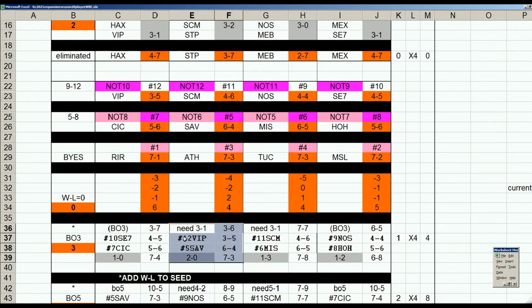Number 12, Vancouver, barely eligible for the remaining 12, with a 3-5 record coming in, against Savannah with a 6-4 record. And Vancouver needs to win 3 out of 4. And Savannah won game 1 in Savannah, which means that right now they are 7-4. These guys are 3-6. Some of these other numbers you're seeing are from last year's template,